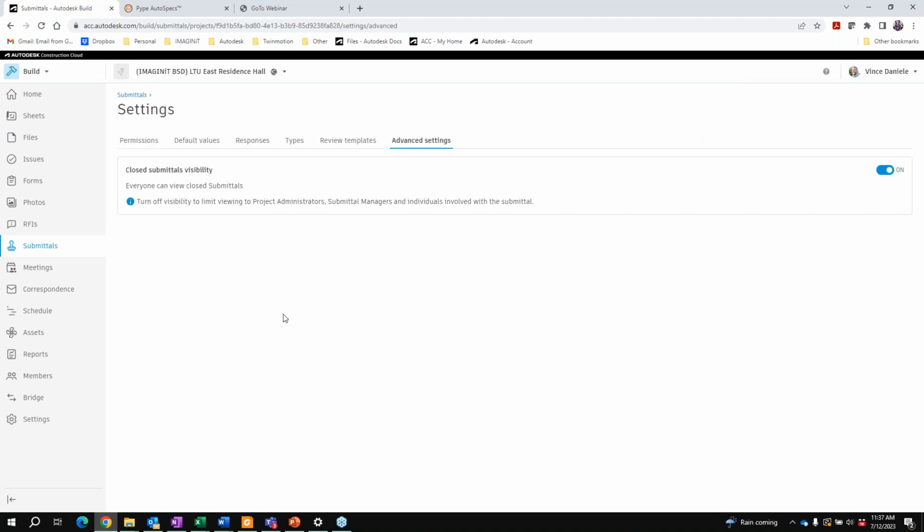anyone that was a part of or that had access to submittals in Build would be able to view any closed submittals. So they could actually see the list of closed submittals, click on things and get to the attachments and the information about those submittal items. You have the ability to turn that visibility off. So everyone can view closed submittals is currently turned on. If I turn that off,